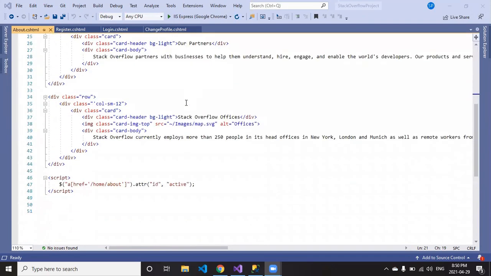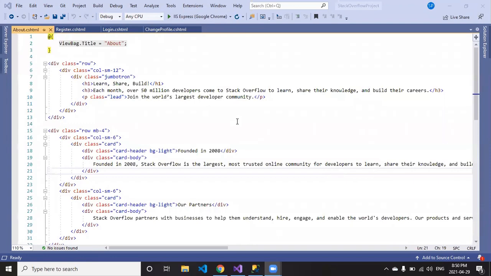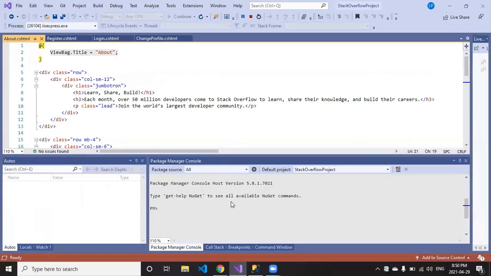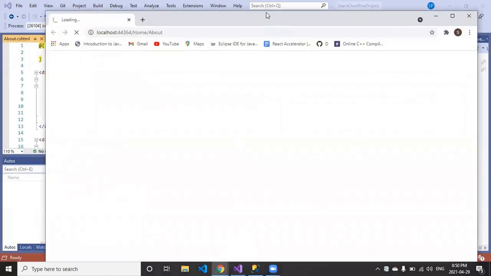In this assignment, I have to make an MVC application just like Stack Overflow. So I will first like to run the application, going through all the functionality, and later I'll explain every line of the code. I have already made the application over here, so I'll just run it and wait for the browser to open and run the application.